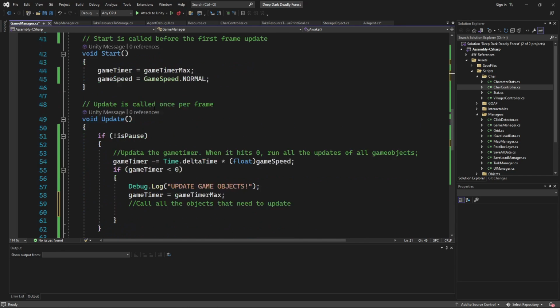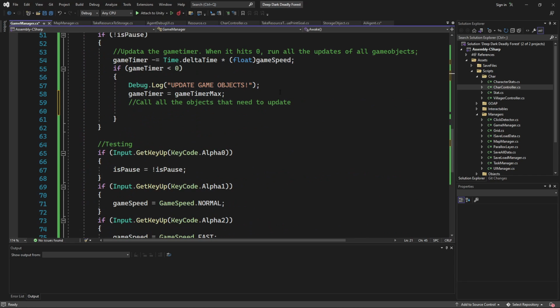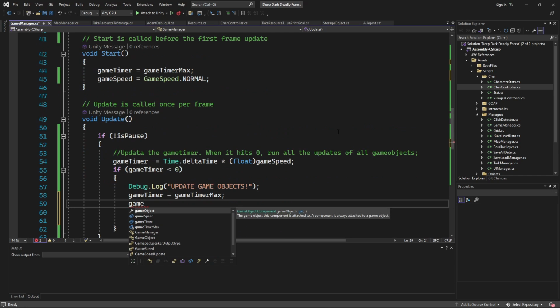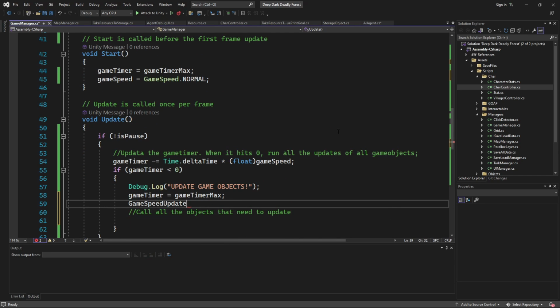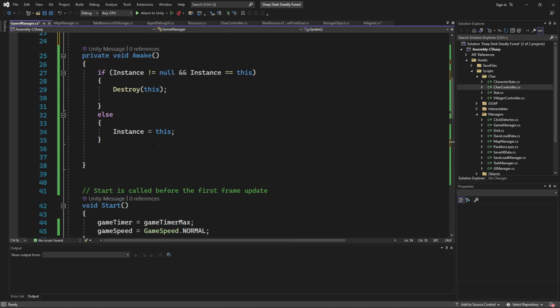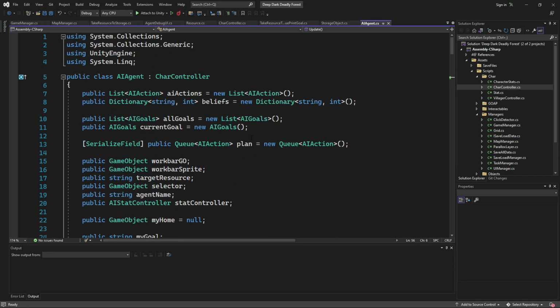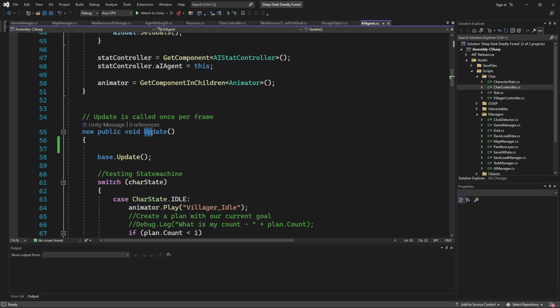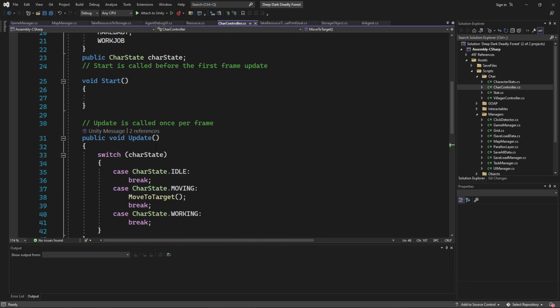All right, so then when we come here, we're going to say game speed update. And we just call that event. Now, in our AI agent, we need to send it. So we're going to change this. Actually, let's go to the character controller. Change the update function to